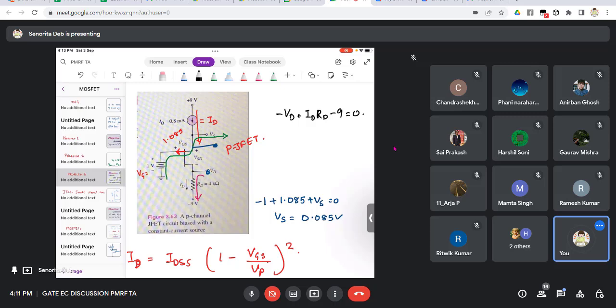Okay. So RD is 4 kilo ohm. The current is in milliampere, so you need not change any of the units. So what is Vd? It is coming to be 4 into 0.8 minus 9. So Vd is negative, which is 3.2 minus 9, minus 5.8 volt. So what is VSD coming? VSD is coming as,